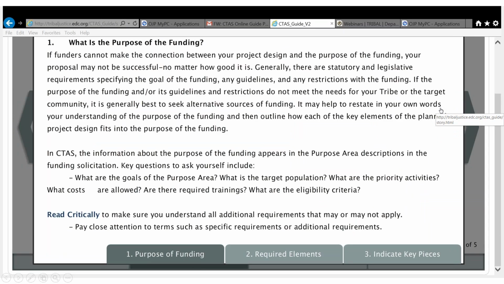When you write the narratives, really be clear on what you're trying to achieve. If you have goals, make sure you have goals and objectives, but make sure those goals and objectives are realistic. The last thing you want to do is set your program up for failure because you're providing goals and objectives that may not be achievable, or that you're just giving us this information because you think that's what we want to hear. These goals and objectives need to be based on the research you've done and the needs